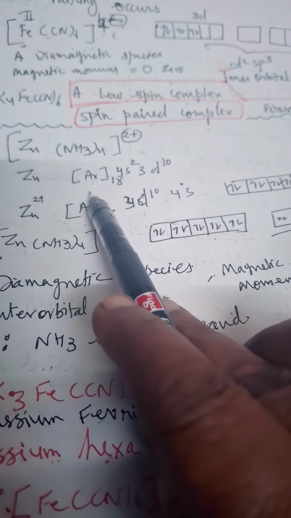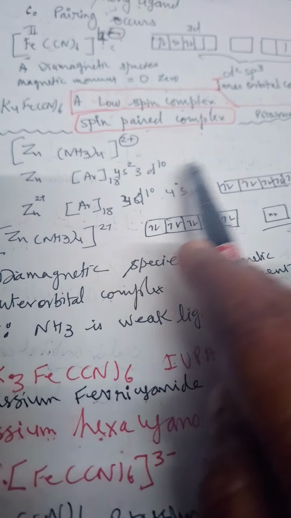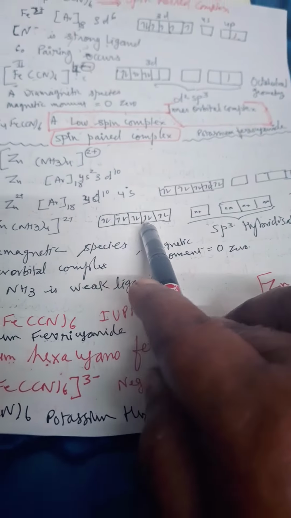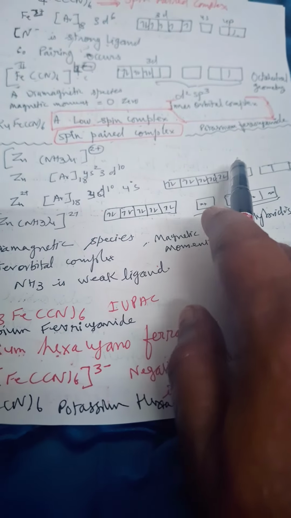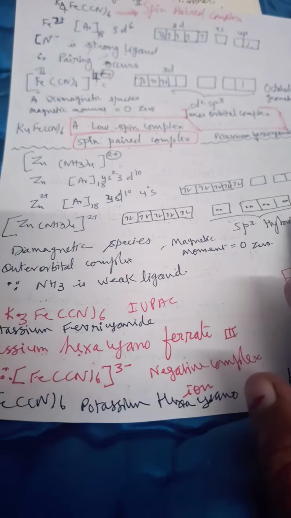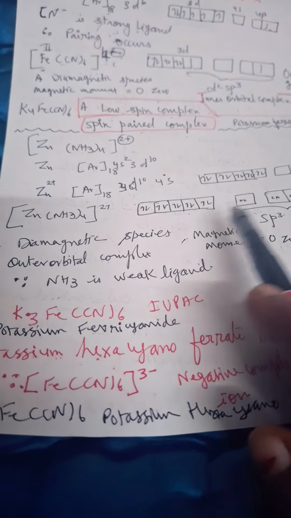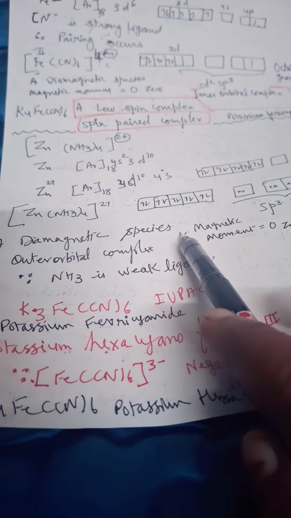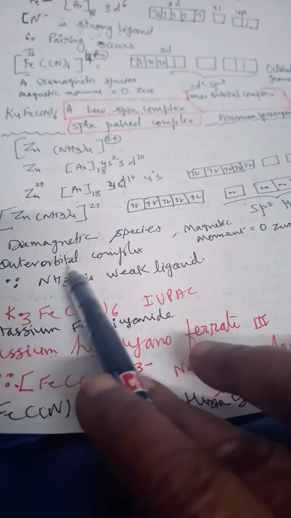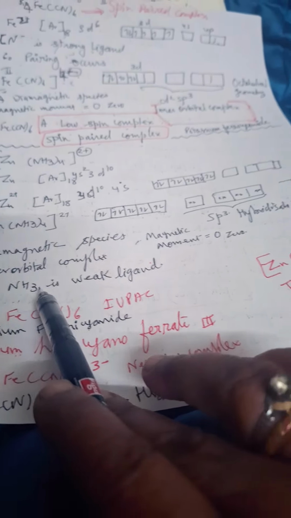Now I will discuss zinc. [Zn(NH3)4]2+: Zn is 3d10, 4s2, already d10 electrons are filled, and in case of Zn2+, the 2 4s electrons will be lost, so automatically sp3 hybridization will be there. There will be no forcing, nothing, because they are already paired up, diamagnetic in nature. So although we call it an outer orbital complex, NH3 is a weak ligand, but